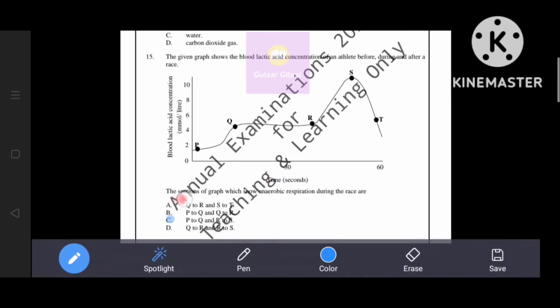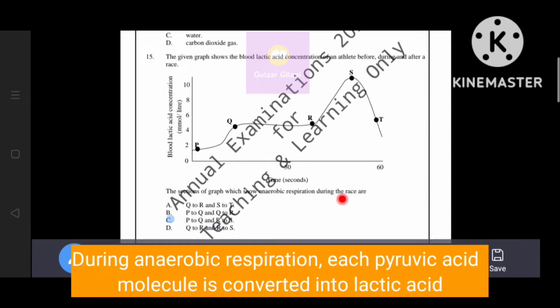The sections of the graph which show anaerobic respiration during the race are... As you know, during anaerobic respiration, each pyruvic acid molecule is converted into lactic acid. जब जब लैक्टिक एसिड की कंसंट्रेशन इंक्रीज हो रही होगी तब तक एनाएरोबिक रिस्पायरेशन हुआ होगा, मीन्स P से Q और R से S, जो ऑप्शन C शो कर रहा है, दैट्स वाई ऑप्शन C इज द करेक्ट आंसर।